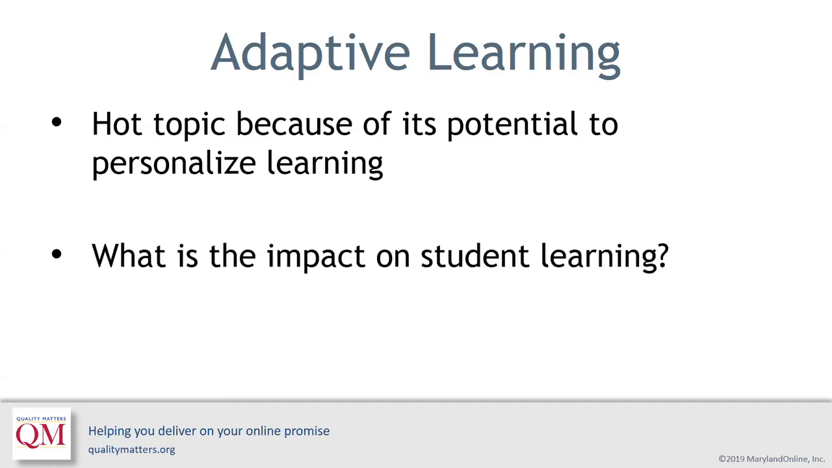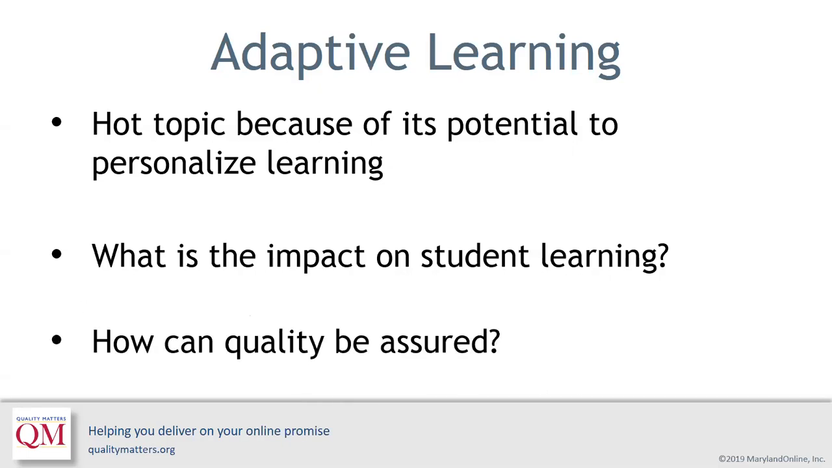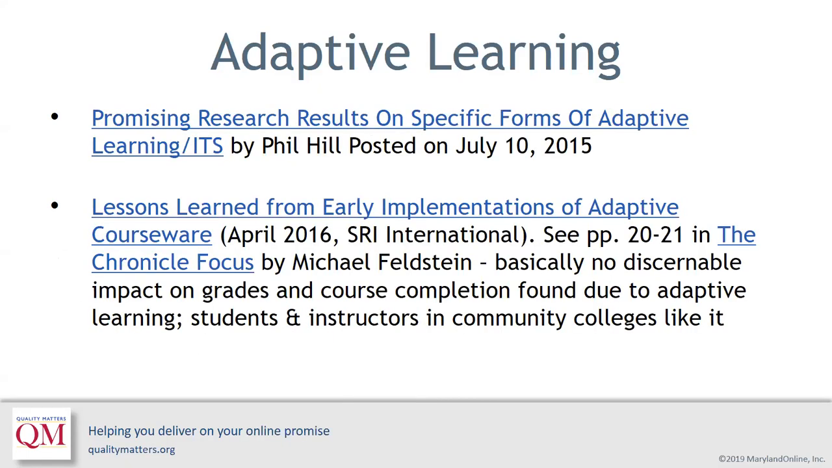Okay, so we want to look at what the impact is on student learning up till now, what we know about it, and how quality can be assured. All right. Well, I would say with adaptive learning that we're still in relative infancy in terms of using it and research on exactly how it works, but there has been some research so far. And I would say that there have been some positive results